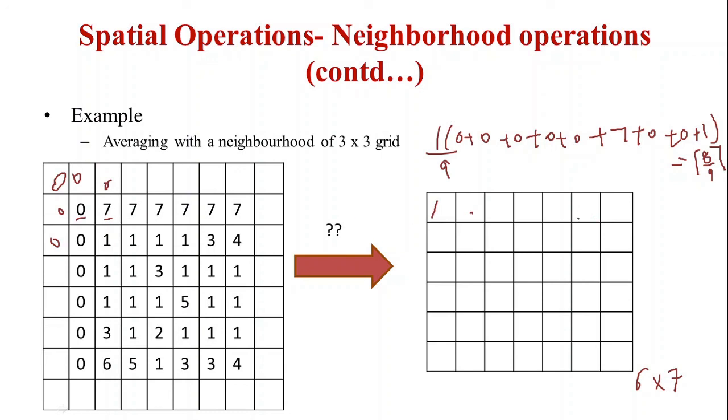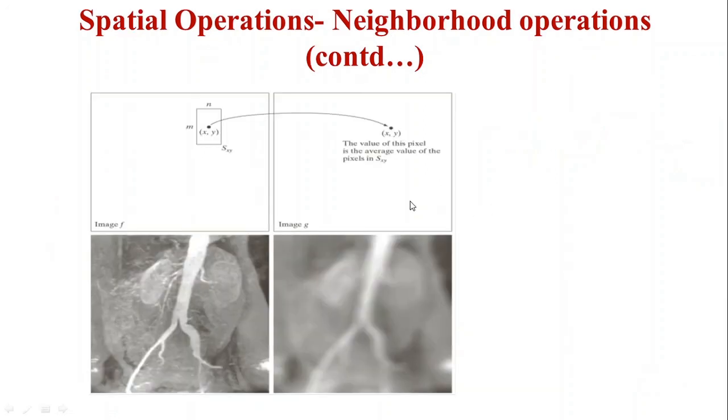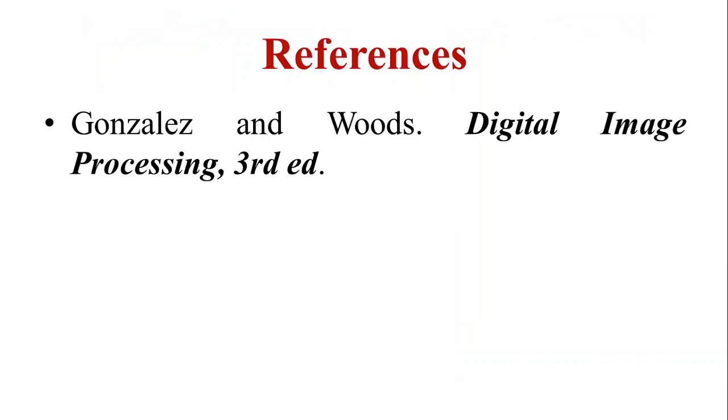I hope you will be able to complete this with the help of the averaging operation as mentioned here. Now this is an application area where, given this image, the averaging operation is again performed with a window size of 3 cross 3, and you can see here this is how my results are obtained. This gives you some sort of a smoothing operation where we are not able to get sharper images. It's something like a blurring effect has occurred here with the help of my averaging operation, right? So this is all about neighborhood operations in the spatial domain, one of the categories of spatial operations.